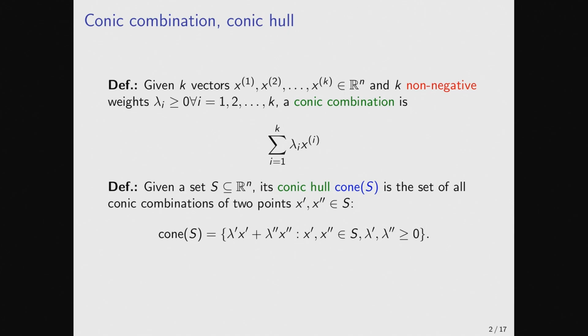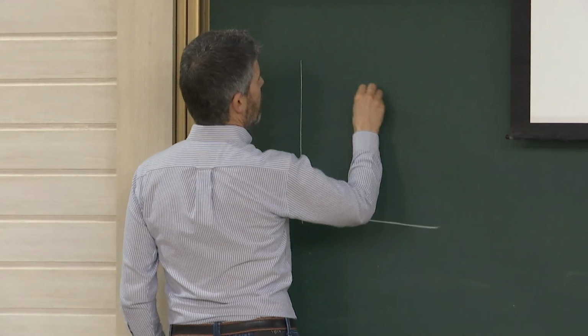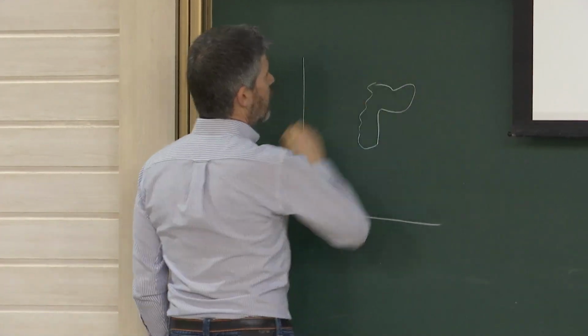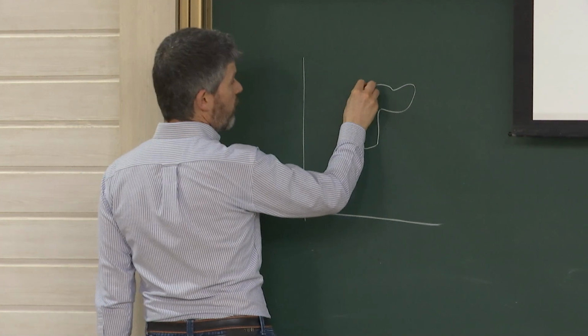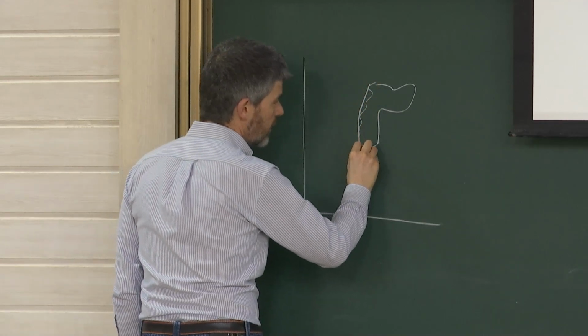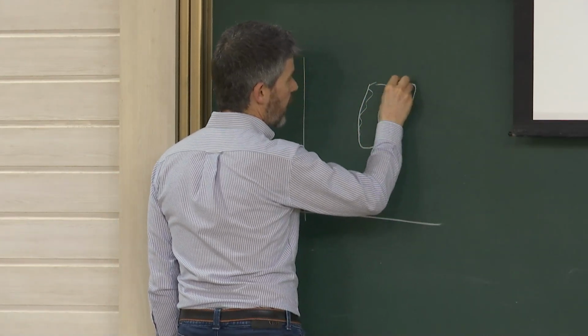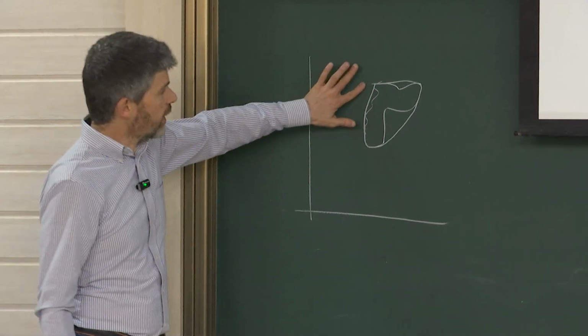So again, you can translate it from the idea of convex hull, but this time you create all possible conic combinations instead of convex combinations. So again, you only require the lambda, the multipliers, to be non-negative and not sum up to 1 necessarily. So if you had a set like this, the convex hull would be something very smooth and very nice like that. But the conic hull instead,